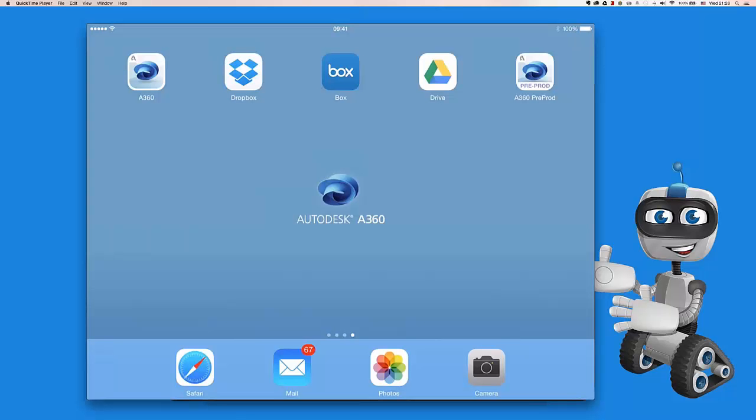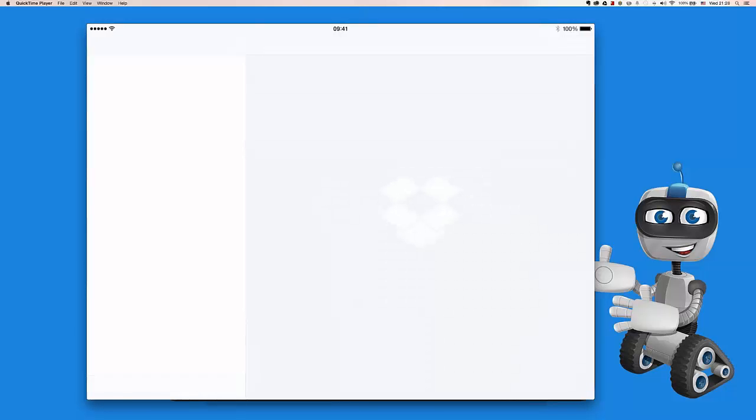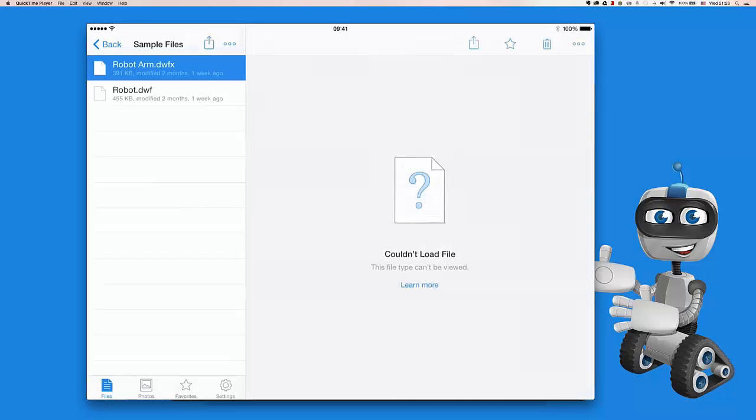I'm guessing that a lot of you use Dropbox or Box or Google Drive or any other cloud-based solution. So what if you want to take one of the files over there and upload it here to your A360 project? So I'm going to go out of the app